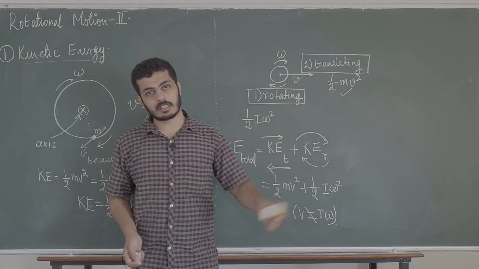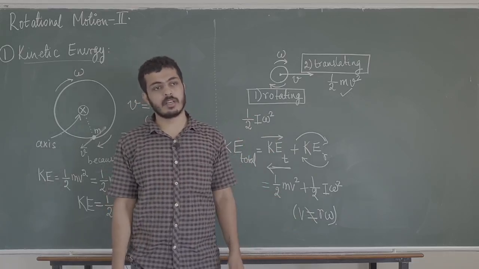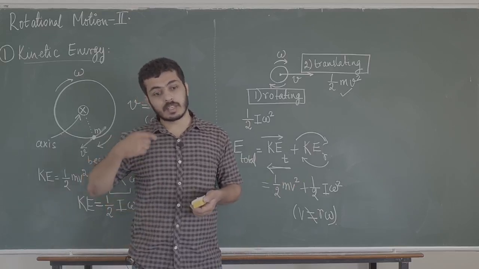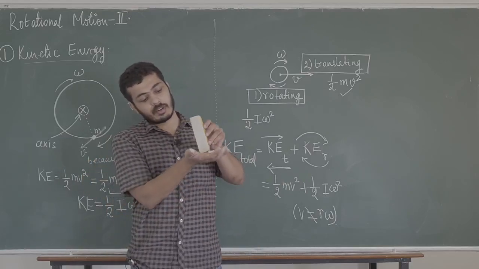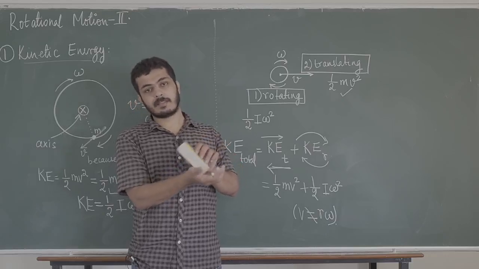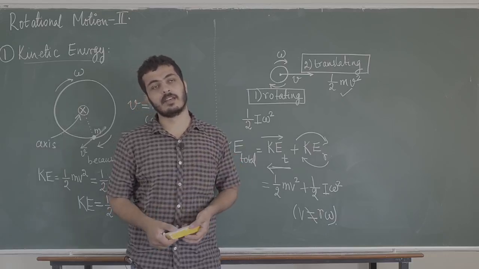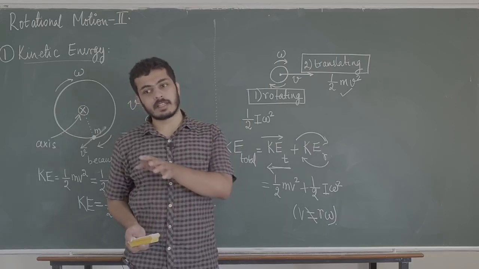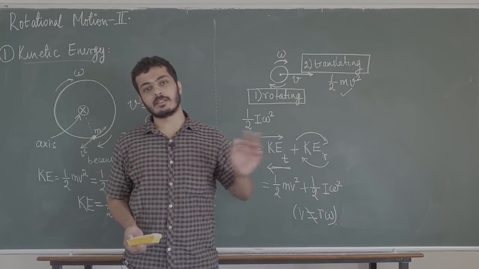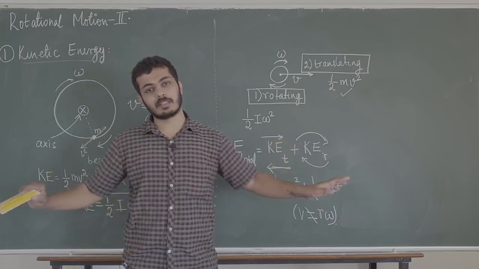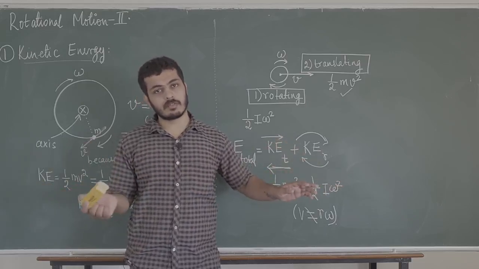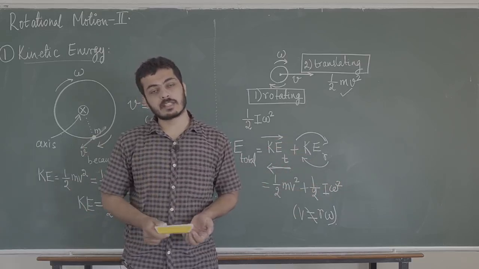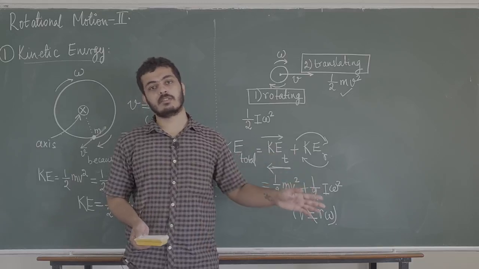That's what we did in the last two classes. All the problems that we solved on rolling motion, we said that an object is moving in such a way that the point of contact with something is at rest. That is rolling motion. So unless something is rolling, V is not equal to R omega. So kinetic energy of translation is not related to kinetic energy of rotation. They are separate things. But in general, for an object, what is the total kinetic energy? That is the kinetic energy of translation plus the kinetic energy of rotation.